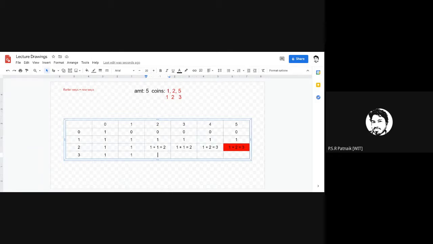So this one has come here. Now here, what will you do? Earlier number of ways. What is this earlier number of ways? 2 plus, from the amount: the currency value is 5, the amount is 2. Can I realize that? What is it? 0.